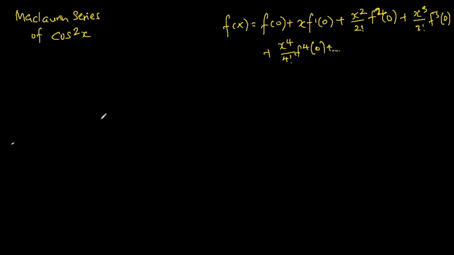In this video I'm going to show you the solution to the Maclaurin series of cosine square x using the top right hand corner's formula. The formula tells us that a function can be expressed as an infinite series called the